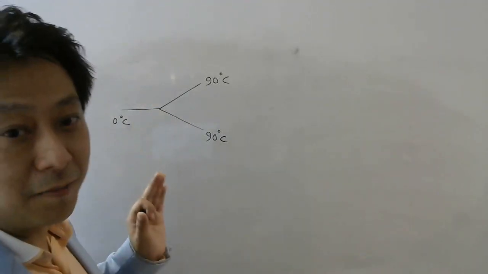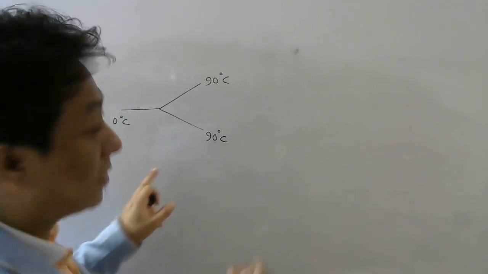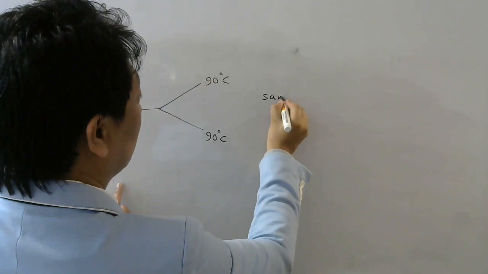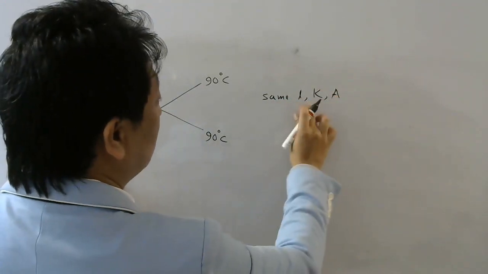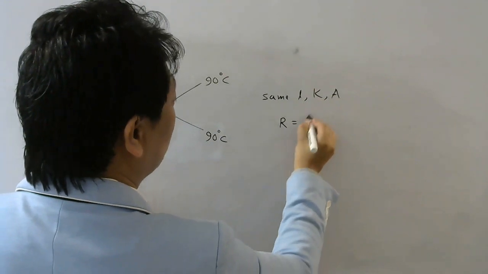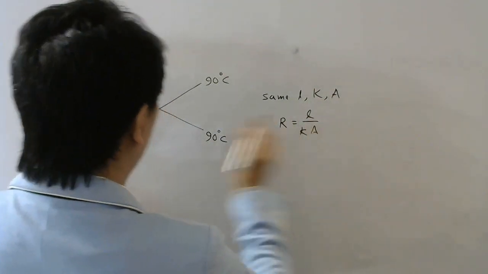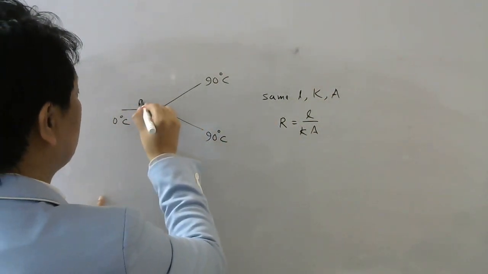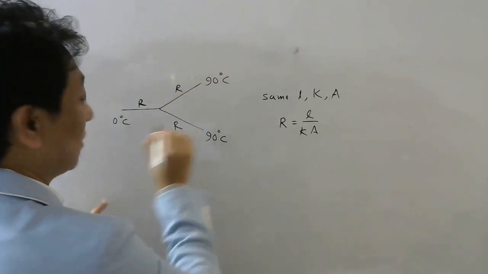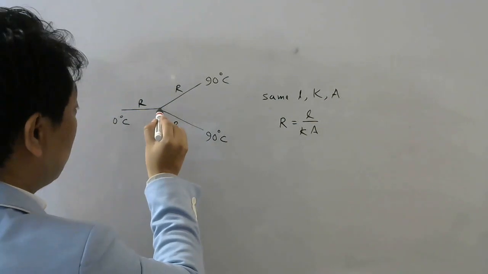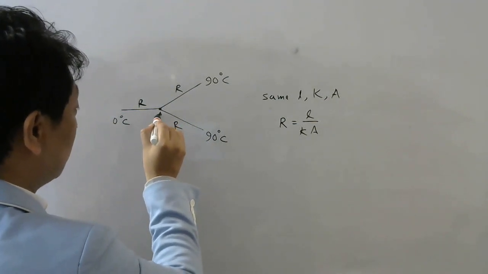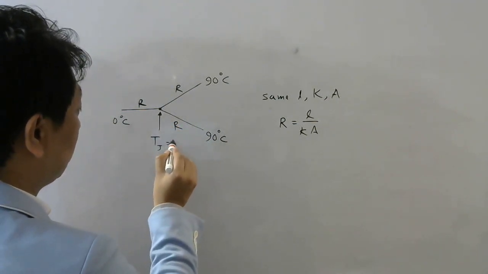So here is the diagram. They told each rod has same length, thermal conductivity and area. If these three are same, resistance also will be same, isn't it? So you can imagine each rod has same resistance, right? Now, how the heat current will flow? Remember, we have to find temperature of this junction. Let us call it Tj.